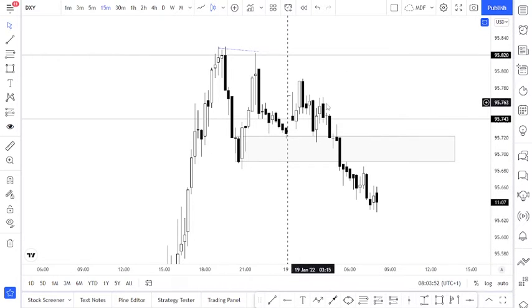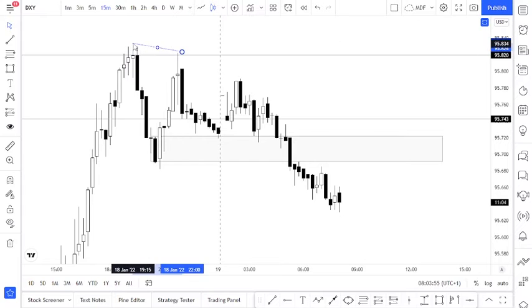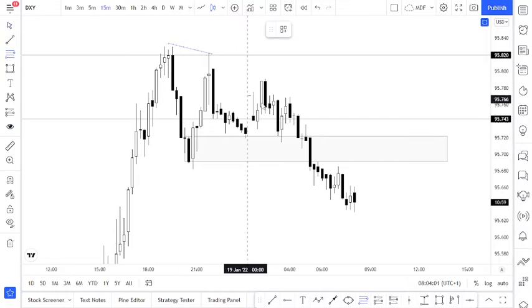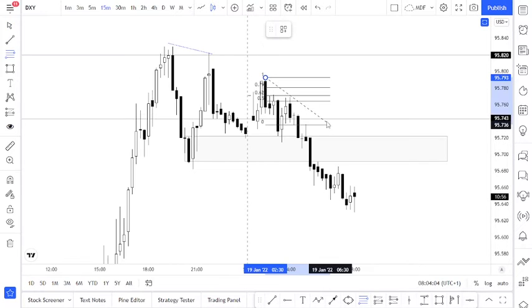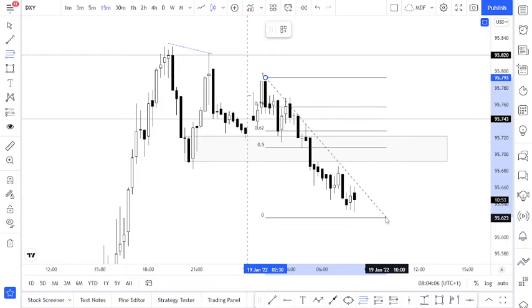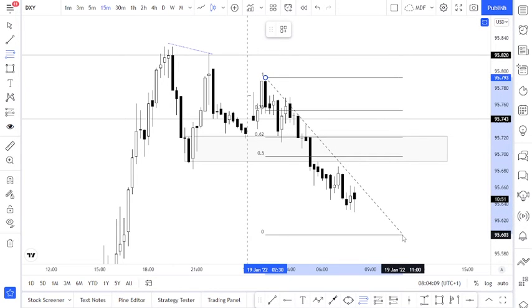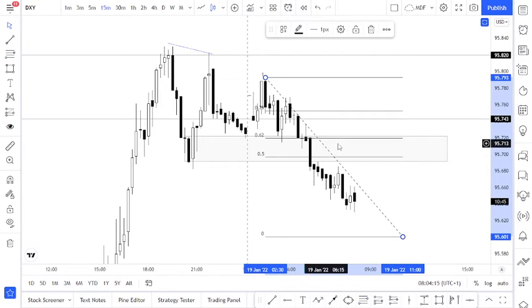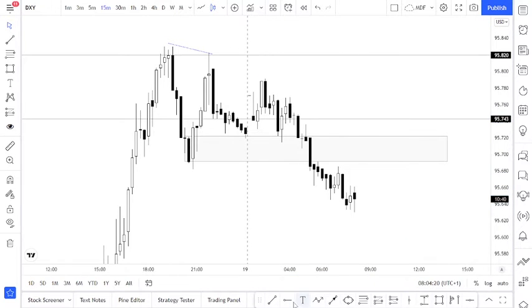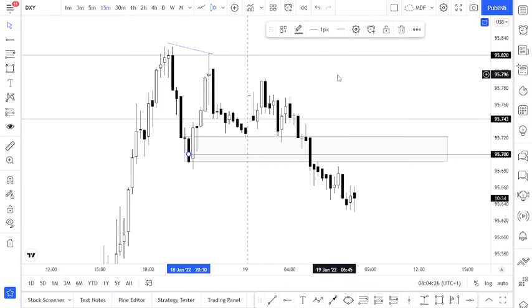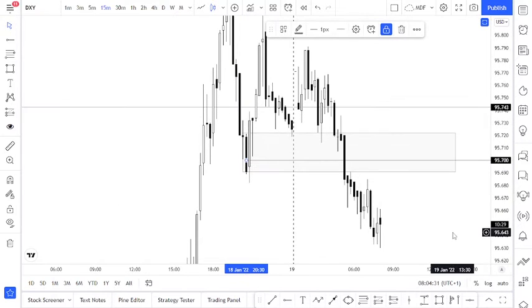Okay, so now we had a break of structure to the downside already, the price having reacted on my area of interest. Now basically I would want to see if this market will create a low here. Then if it returns back to this region, I would be looking for short opportunity around 95.700. So I'll be looking to go short around 95.700 on dollar index. If I see good opportunity to sell here, if market comes back here at exactly the time I'm looking for it, I'll be shorting here.